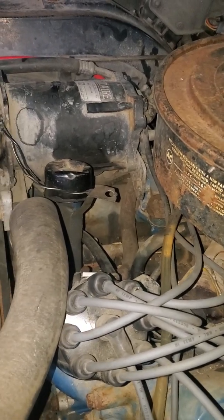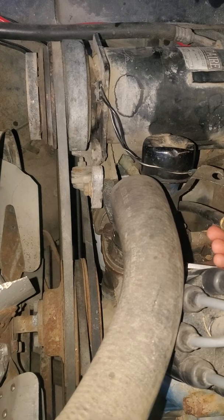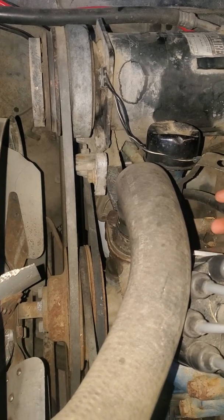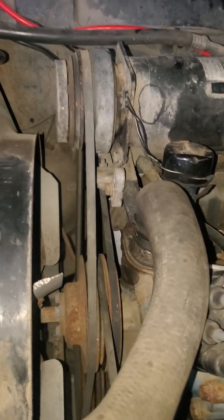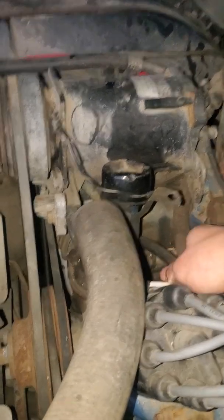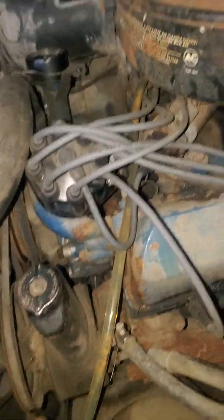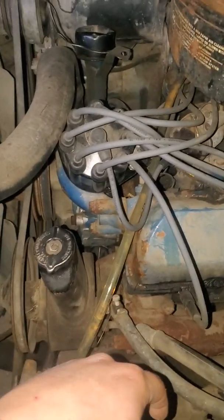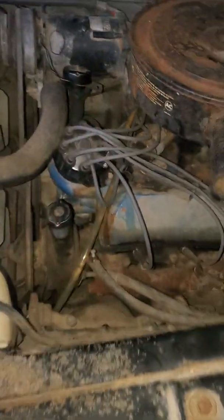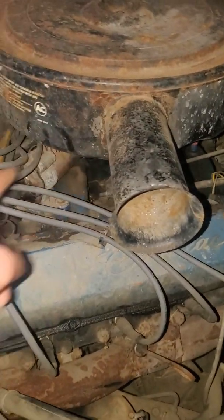I took it out because it was pretty filthy, and this is the return line. I just plugged it off with the screw there, or bolt. I'll probably get a glass filter again and put it right there, because I'd rather have it look nice than like this. But at some point that's gonna happen. So, and I'll probably repaint this the original black